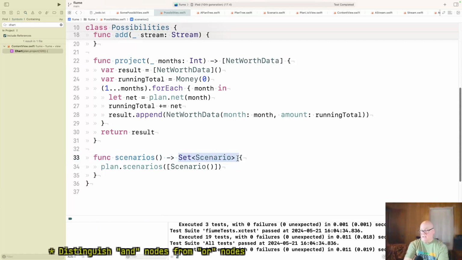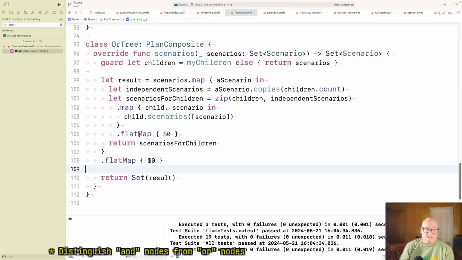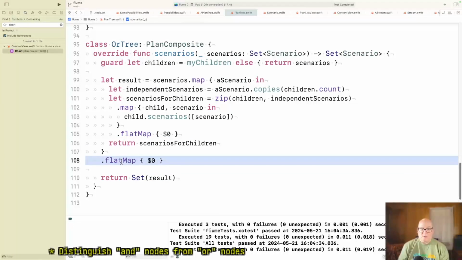Maybe this is a scenario set, but it's not actually holding a set, it's holding an array. We don't care, it's not our business if we act like a set. Yeah, you're right. There's multiple scenarios, multiple children. There's going to be two loops. The thing is, if we got rid of the sets, I think the flat maps would be either easier or go away.